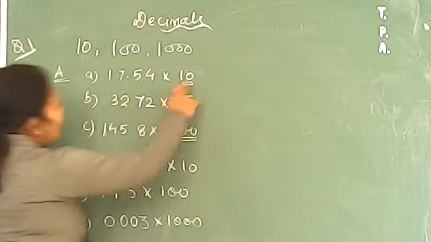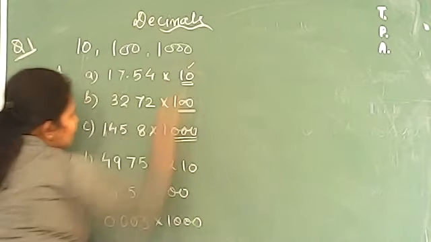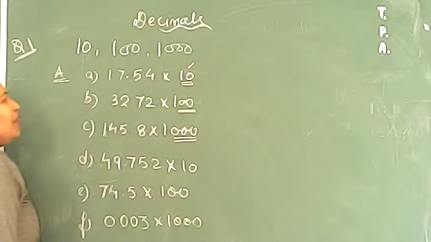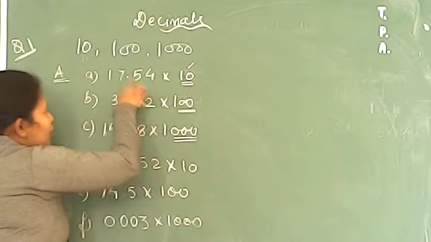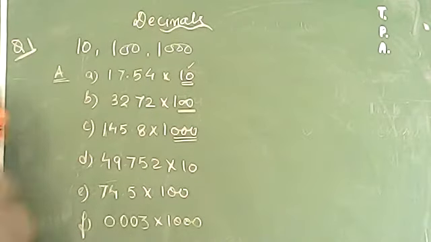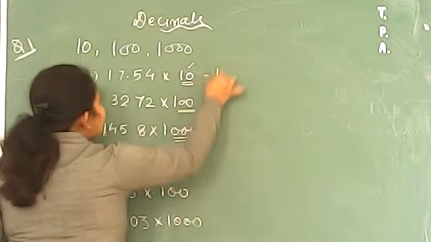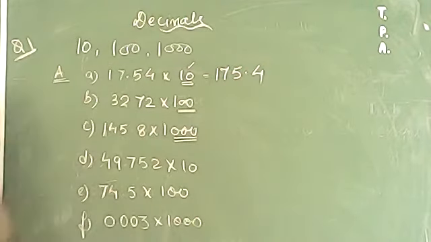Suppose you are right now multiplying by 10. इसका मतलब ये हुआ you have only one zero along with 1. So you will be shifting your decimal to the right hand side to only one place. It means right now अभी कहाँ पर है? 17.54 है. तो ये वाला decimal बेटा जब right side one more step it will shift. Your answer would go as 175.4. Okay, it means it will shift to the right hand side for one place only.